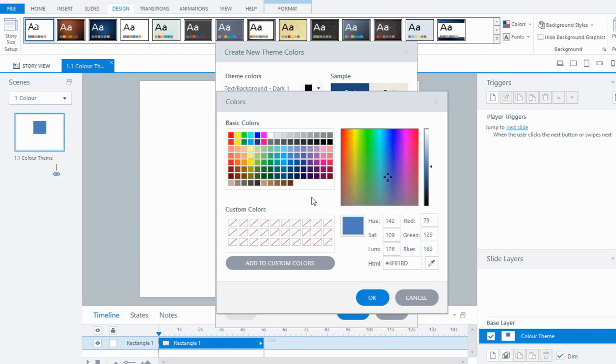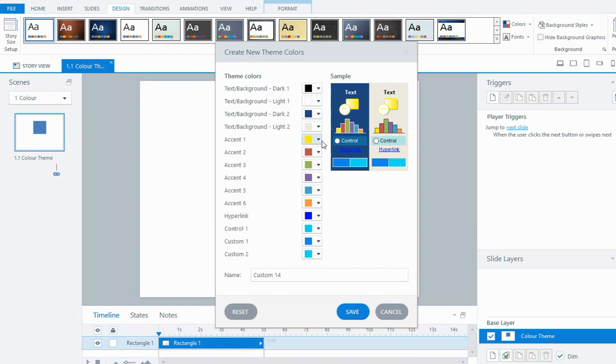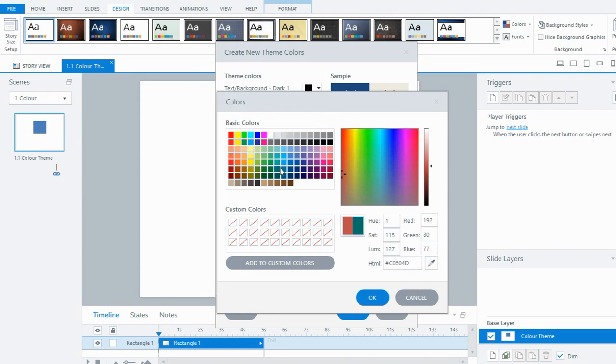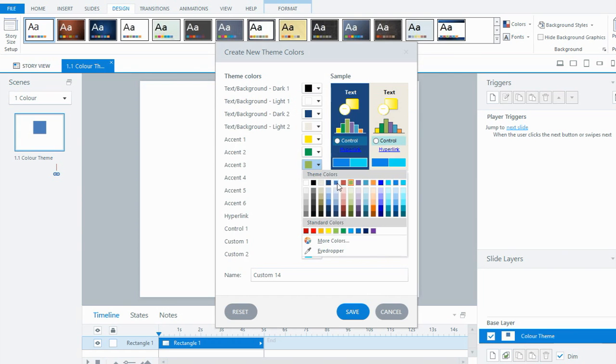I'd probably pick something that I'm going to use a lot of if I had a particular color that I wanted things to be every single time. So I'm just going to choose from the selected ones here, and then OK. So my accent 1 color is now yellow, and then I'll go in and I'll change a couple of the other ones just so that we can see what is happening when